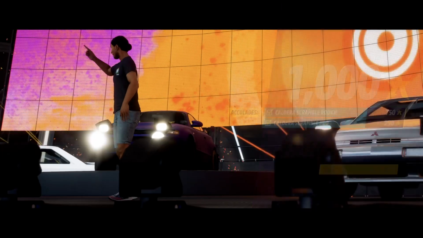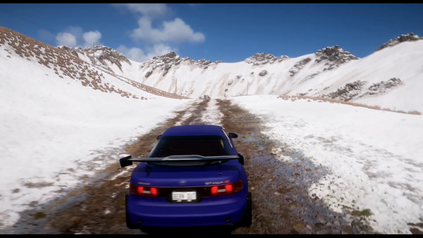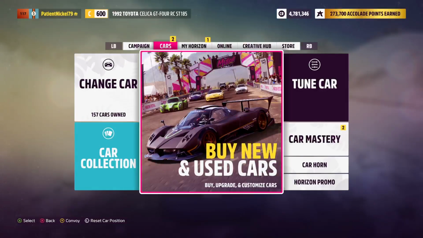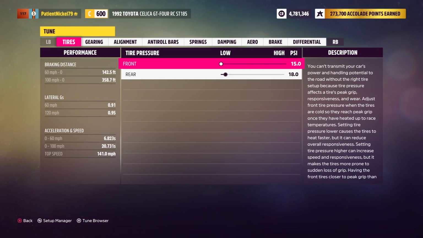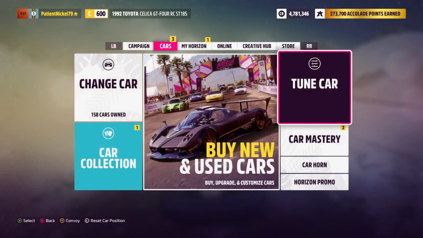We have unlocked the Pagani Huayra. And we got 5 seasonal points. Well, Celica did all right. So, let's go to cars. Actually going to go to Tune Car here. Setup Manager. We're going to save this setup as...